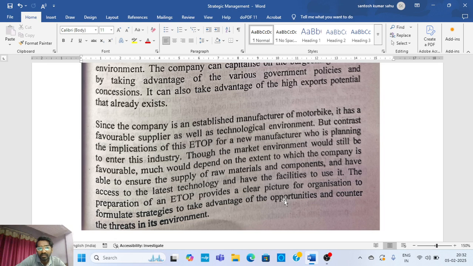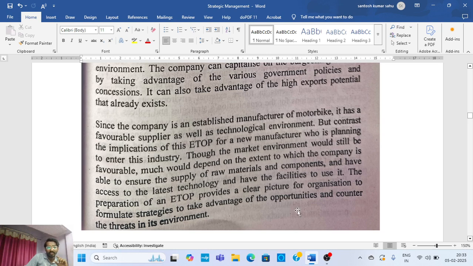Then the next point is saying that the market environment would still be favorable. Much would depend on the extent to which the company is able to ensure the supply of raw materials or components and have access to the latest technology and have the facilities to use it. Then third, it says the preparation of an ETOP provides a clear picture for an organization to formulate strategies to take advantage of the opportunities